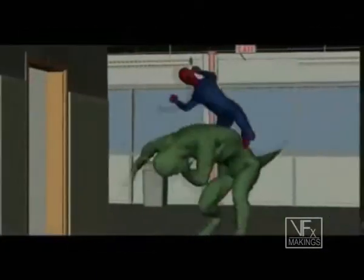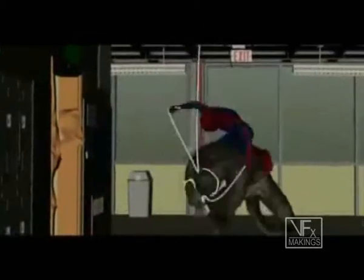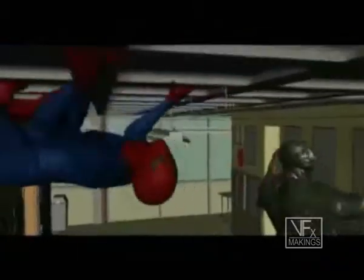With the digital set in place, the director works with the layout department to design the fight choreography with simple representations of the character models. This layout becomes the starting template for editorial, and from there, the animation team begins the process of executing believable performances with real weight and physics. The Lizard is a massive creature with brute strength, while Spider-Man is light, quick, and agile. The physics of each character needs to be convincing, and we need to sell each of their relationships to gravity